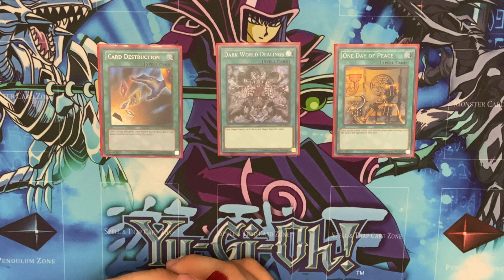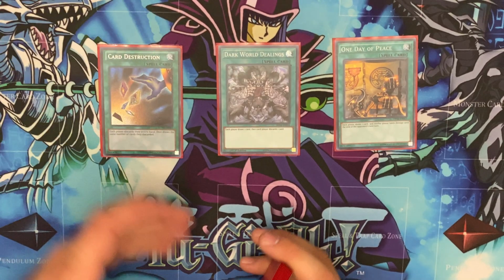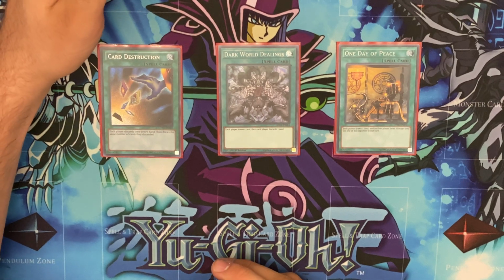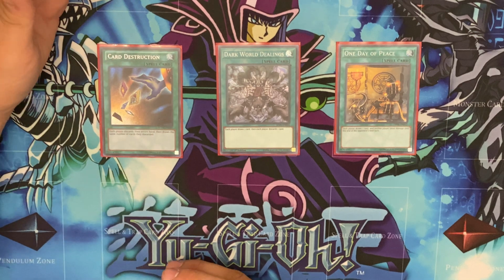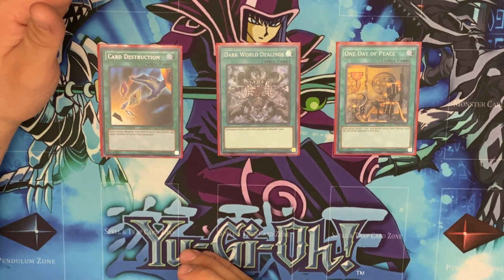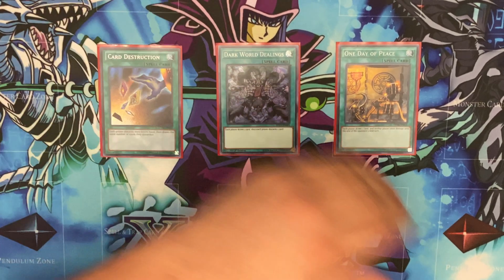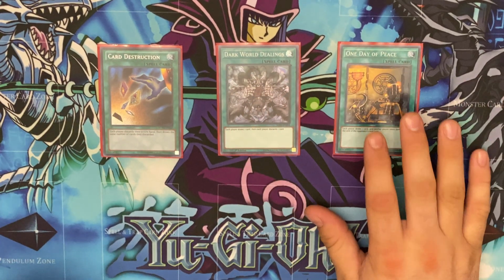Now I'm gonna go into Anaconda. All right. I'm pretty sure I'm still not entirely sure how this works. But somebody let me know in the comments how One Day of Peace and paying the cost of Anaconda works. If I were to activate One Day of Peace and then activate one Anaconda effect after One Day of Peace resolves, am I allowed to activate Anaconda's 2,000 cost effect? Do I take the damage, or is it null and void, and do I just send a card from deck